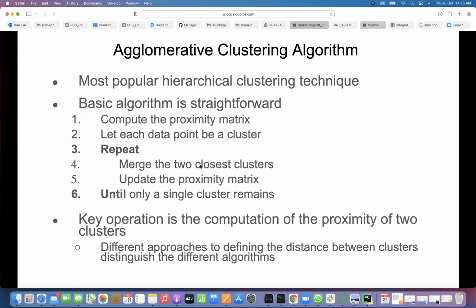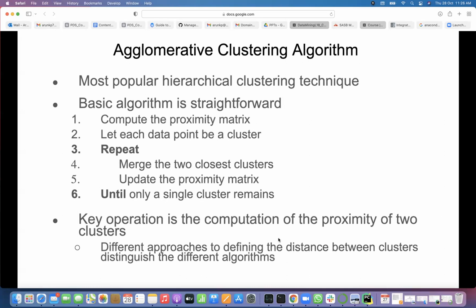But if we have a meaning of what is closest between two clusters, or what is the distance between two clusters, then merge the two closest clusters and update the proximity matrix. So your single points will be removed, and whatever you merge, if you have a 6 by 6 matrix in the beginning, because each point is a cluster, in the second step you will have a 5 by 5 matrix, because 2 points are merged into one cluster. You now have only 5 clusters. So the cluster to cluster distance we should update. That is what it means to update the proximity matrix until only a single cluster remains. We'll see how this algorithm works.